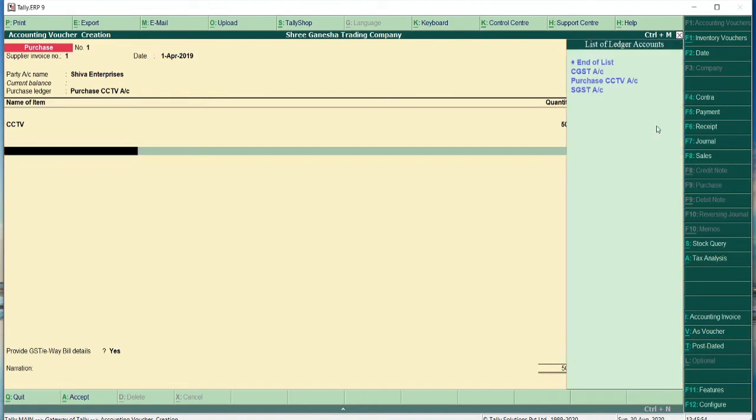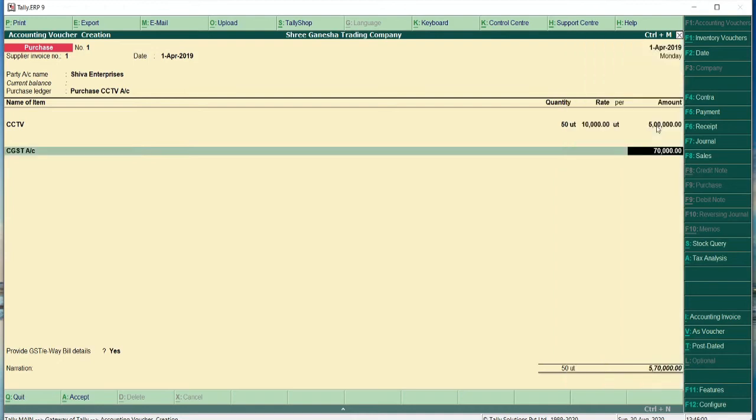You have to press the space bar key because we are going to apply now SGST and CGST. Simply select CGST and the amount will come automatically. Now how does it come here? While creating the purchase ledger account, we have given 28%, and the CGST and SGST get divided as 14% and 14%.